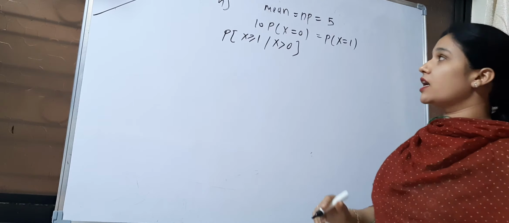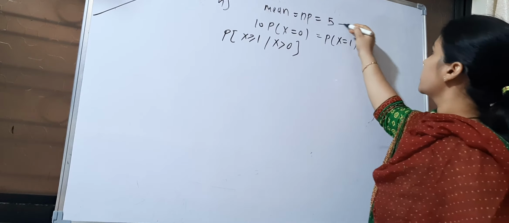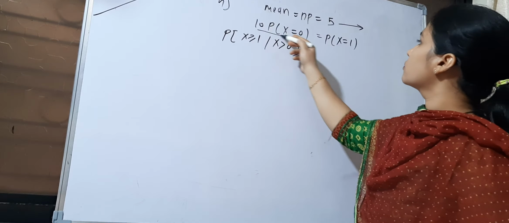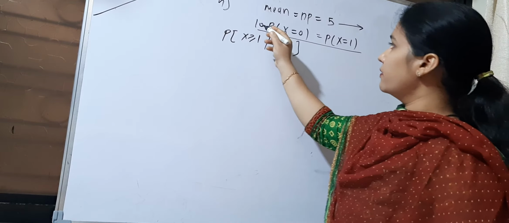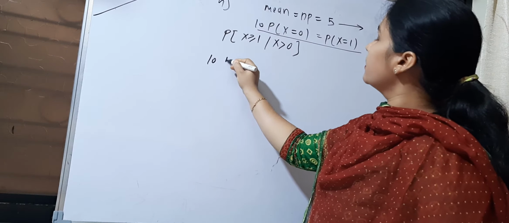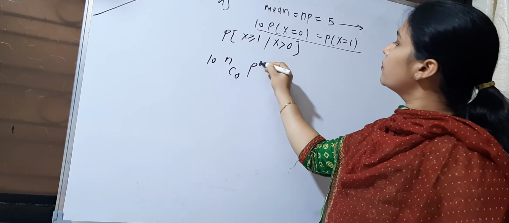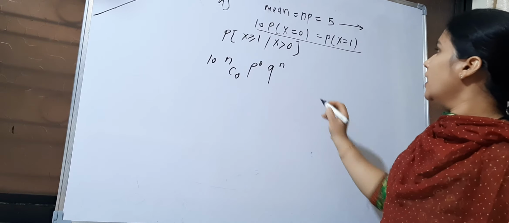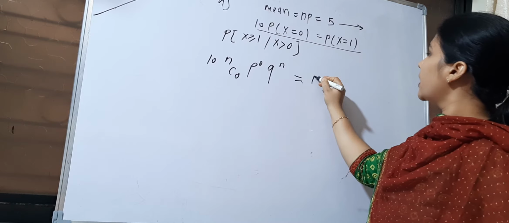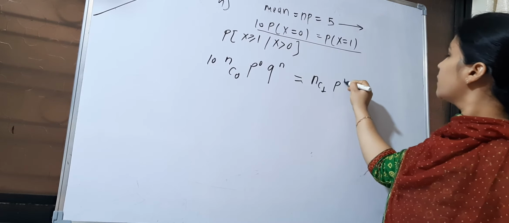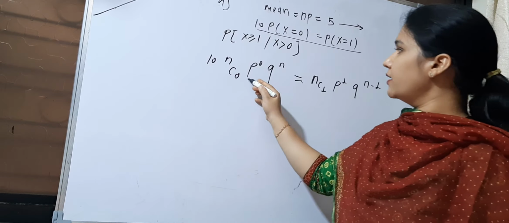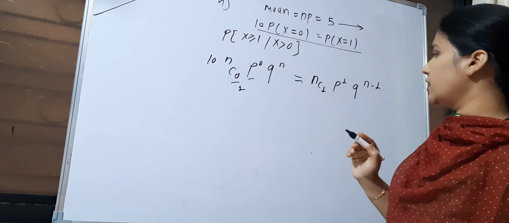तो जैसे अभी हमने लास्ट इक्वेशन सॉल्व किया है ना, वैसे ही आपको ये इक्वेशन में से NP इक्वल टू 5 लेना है, इसको सॉल्व करना है. इसको सॉल्व करेंगे जब ये वाला इक्वेशन क्या बनेगा? 10 times nC0 p to the power 0 q to the power n minus 0 means n ही आ जाएगा, इक्वल टू nC1 p to the power 1 q to the power n minus 1. अब क्या क्या कैंसिल हो जाएगा? ये और ये वैल्यू तो 1 है इटसेल्फ, ये चली गई.